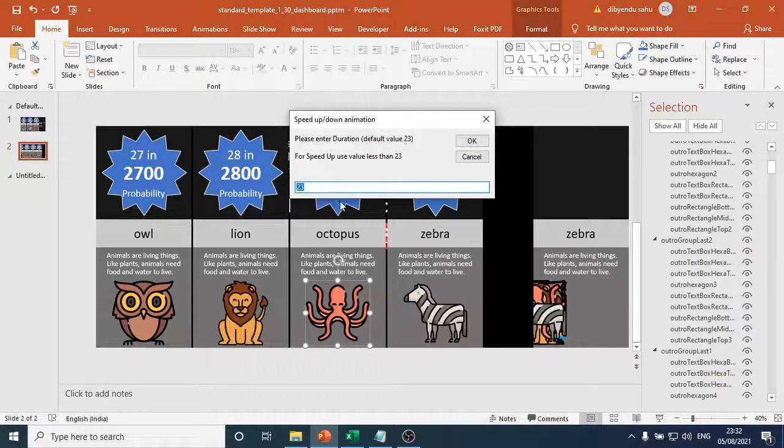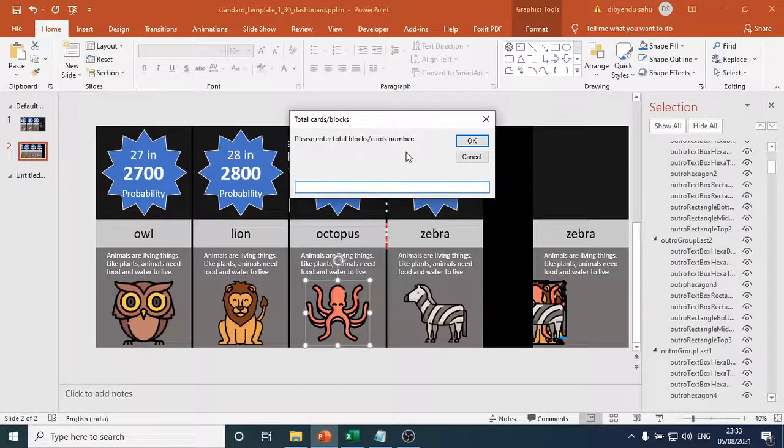The default value is 23, already selected. To speed up, use a value less than 23, don't enter 12 or 13, it's better to enter 19 or 20. So I make it 19.